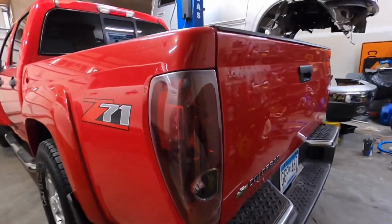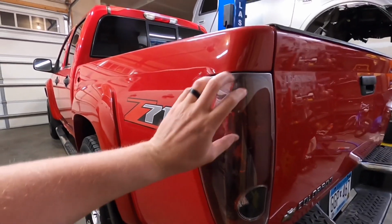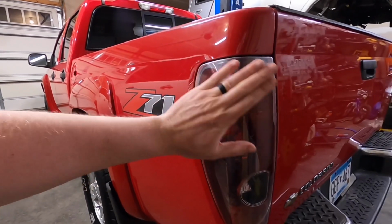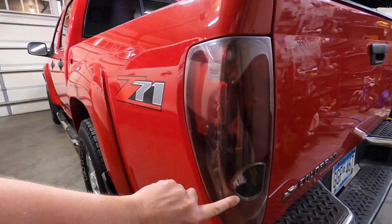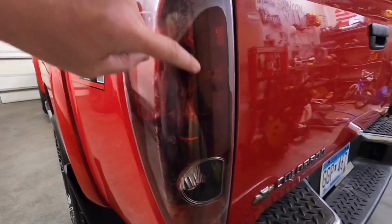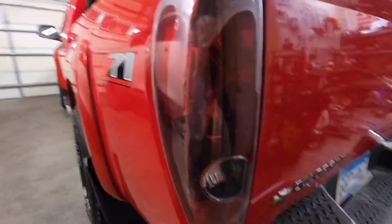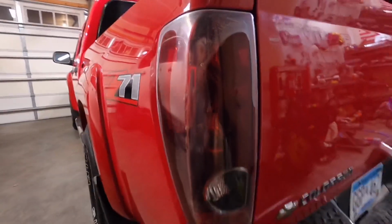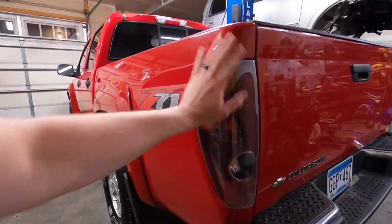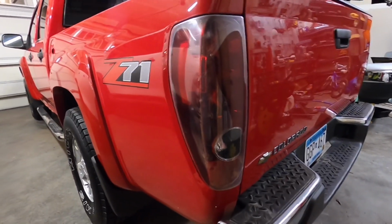So a lot of mid-2000s Chevys had this issue with the taillights delaminating. There's actually a clear plastic over the red plastic, and when it starts to delaminate, you get this weird look where the red's still attached, but this clear part's starting to separate, so you can see that, and then dirt starts to get down in there, and it starts to look really nasty. So the easiest thing to do, obviously, is just replace the whole taillight,